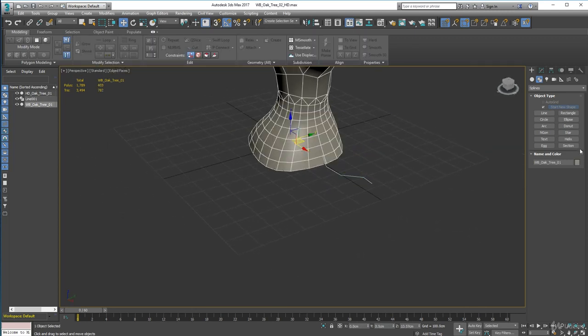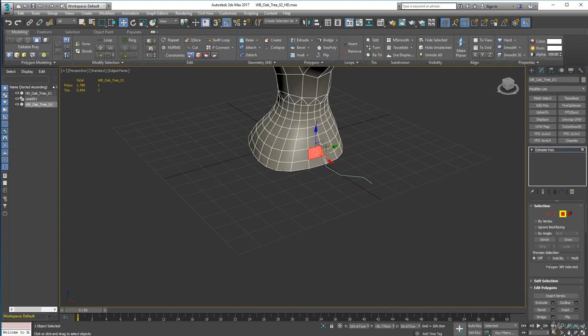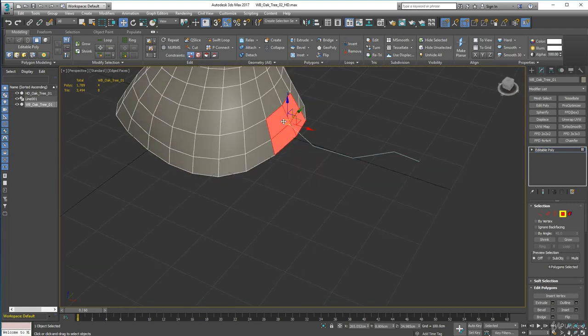Select your tree again, go to modify, select your polygons around where you've placed your line like that, and then we're going to extrude that along this line. So if you go over here on your menu to the right, if you scroll up to edit polygons, if you come down here and go extrude along spline, click that,